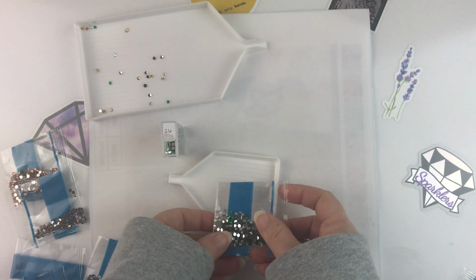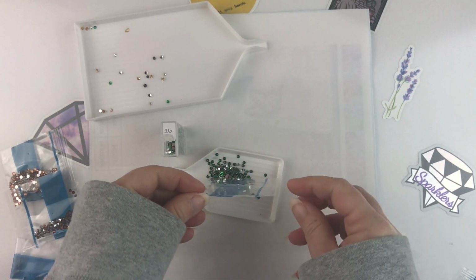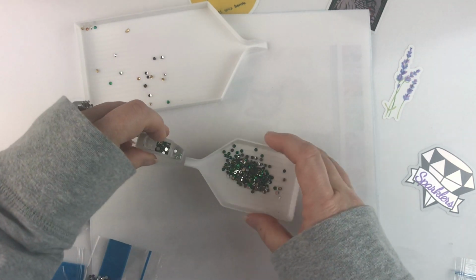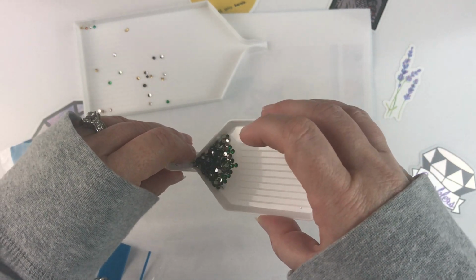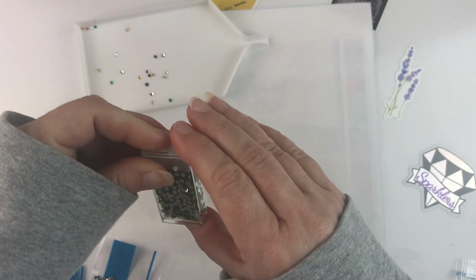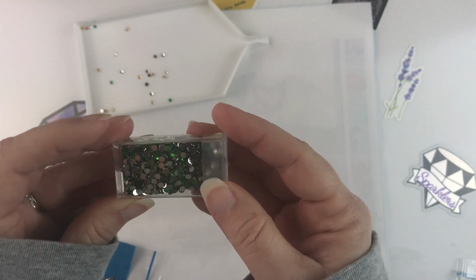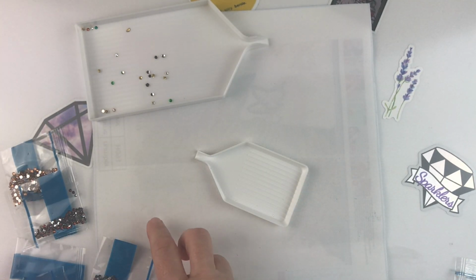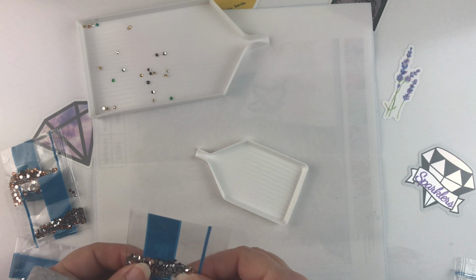Because it would be nice to kind of add a little pizzazz sometimes to some canvases if I thought about it. And you could certainly use these crystal drills, these rhinestones, to do that. Just to add in some little extra sparkle if you wanted to. So that green's getting almost full too. Okay, I don't think I have this color already